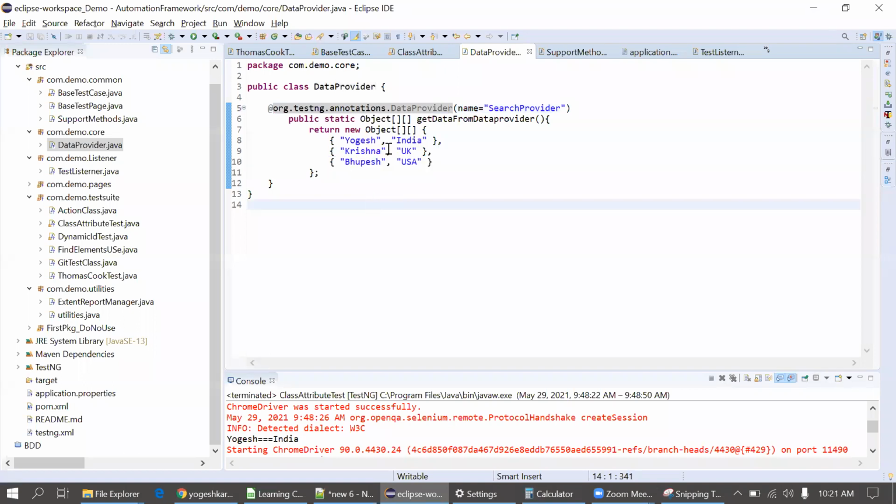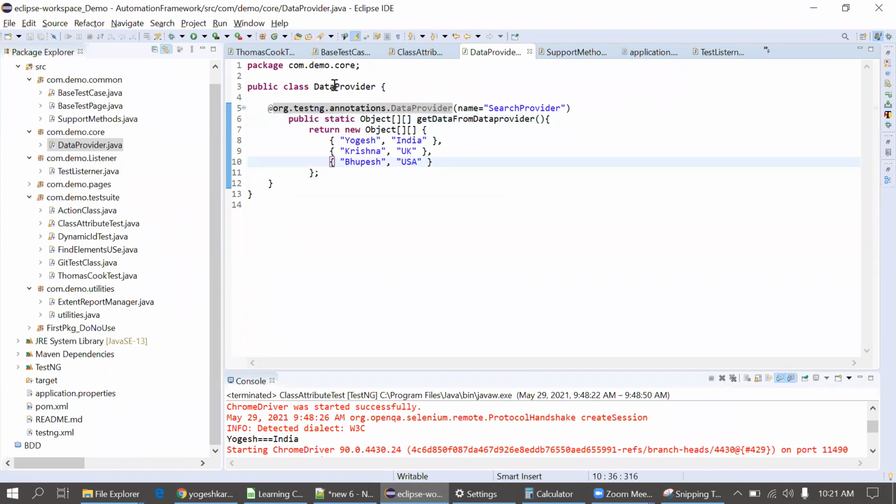Okay. So we are just providing this two. If you are defining a single dimensional array, we just provide one pair of square brackets only. And when we are defining a two-dimensional array, then we have to provide two pairs of brackets. Okay, now how can I use this at test case level?